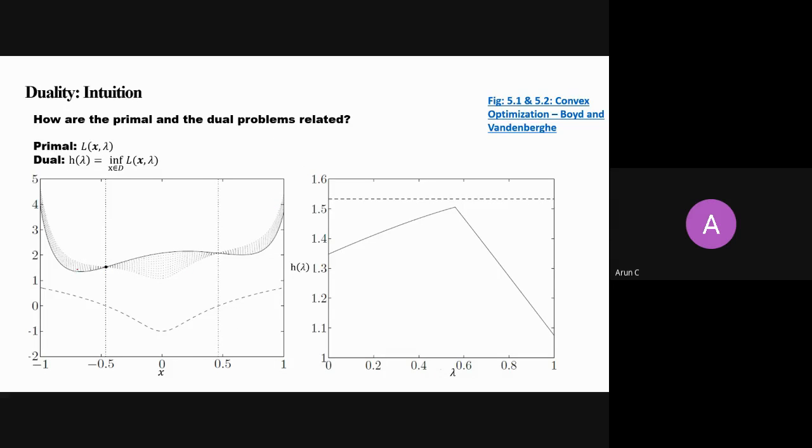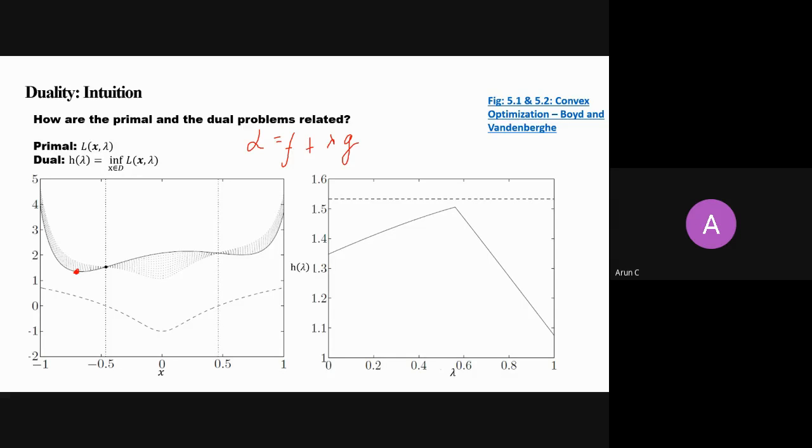So this is the point which you'll get because you're minimizing your function here, right? Because your Lagrangian is equal to f plus lambda g. When I say lambda equals 0, it means you are talking about your function and you are actually minimizing your function without any constraints. So this was your minimum.